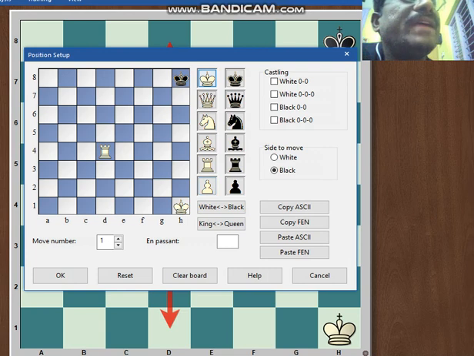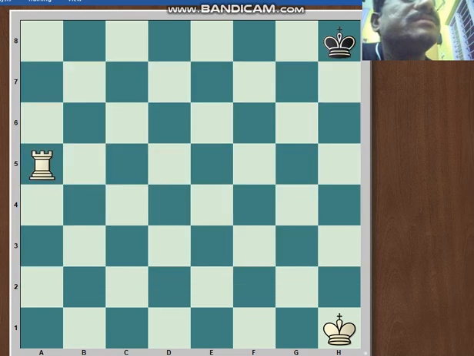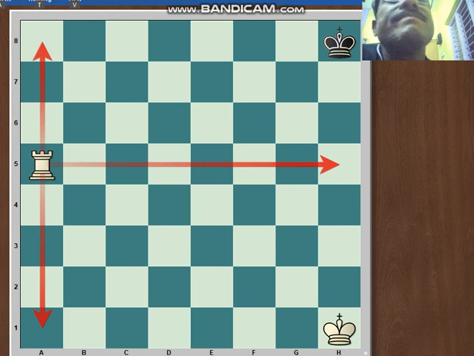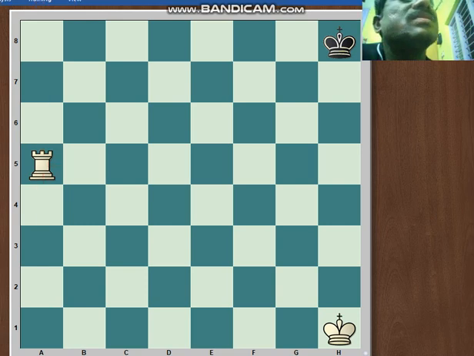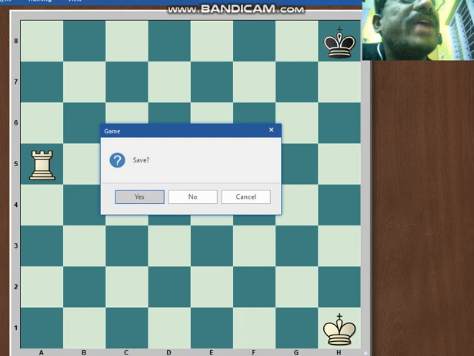The same rook standing on another edge. Now see, it can move like this, like this. Suppose the same rook is standing here.